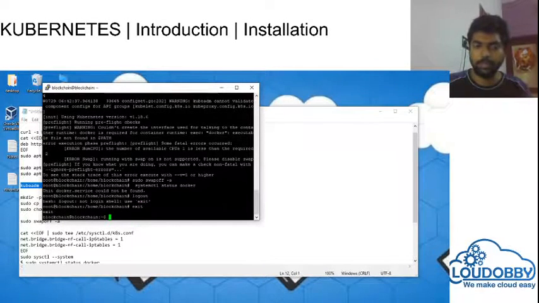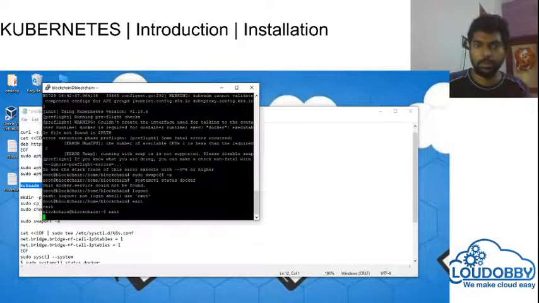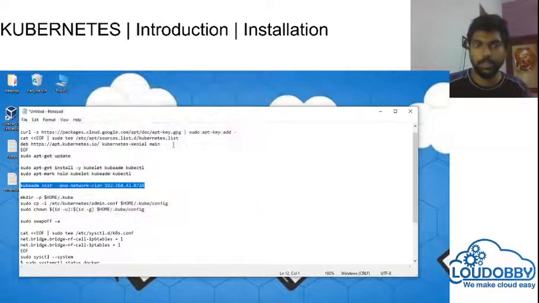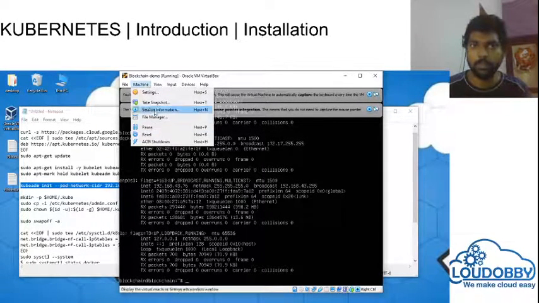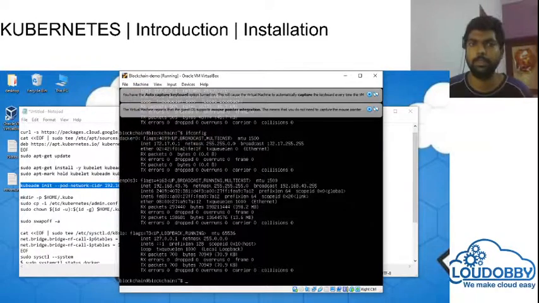So I am not skipping any steps. As I said, if you face any of these issues, you can try to troubleshoot them. Now I am just going to shut down this machine. There is an option to save the machine, or you can pause, reset, or shut down the machine. So I am going to shut down this machine.